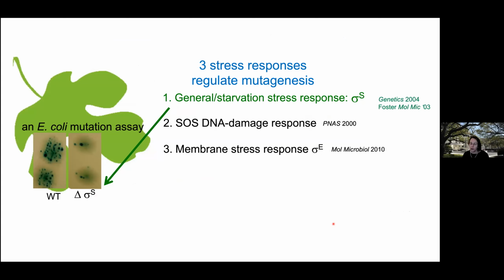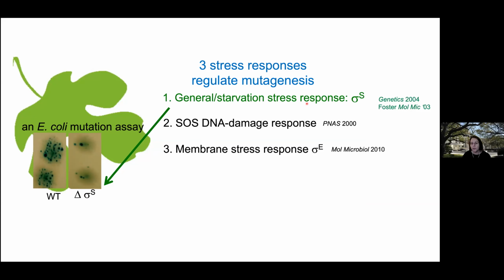So, the stress responses. We were studying mutations in E. coli in an assay that I won't show you, so I'm hiding it under this fig leaf. We can pretend that this is it. It's kind of like it, but not really, where wild-type cells in a stress environment make lots of mutants that you see as little blue papillae on a colony. And a mutant that lacks a stress response activator makes few. So that says that that stress response is required for mutagenesis.